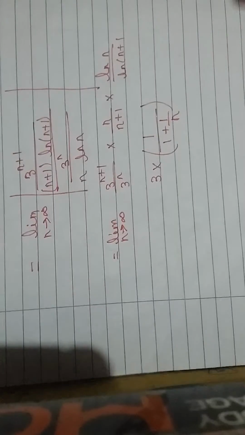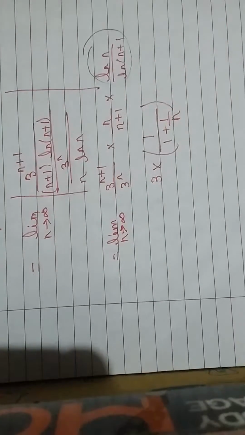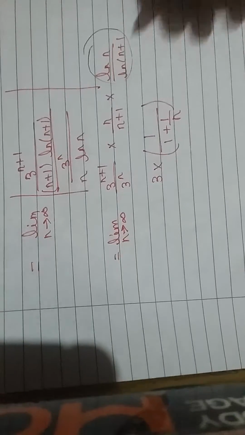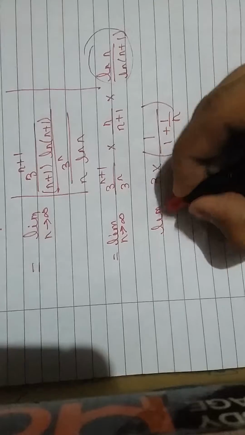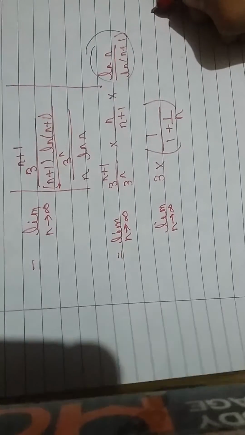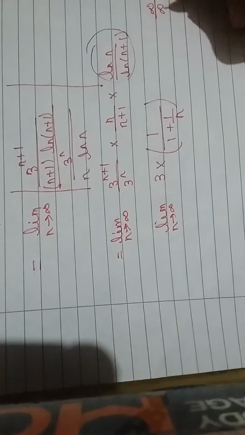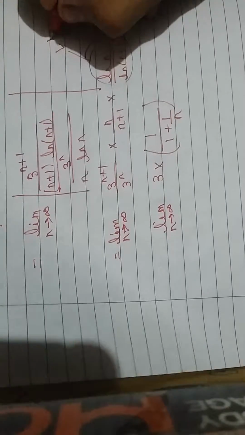But in this case, if we put n tends to infinity, we will get the value of infinity over infinity. Then we will have to use the L'Hospital rule,